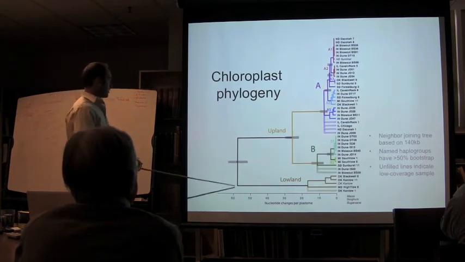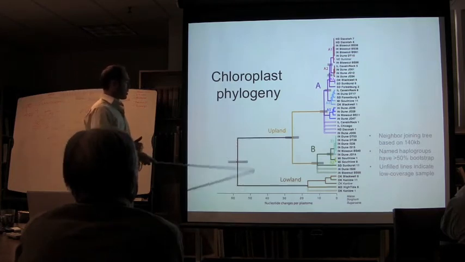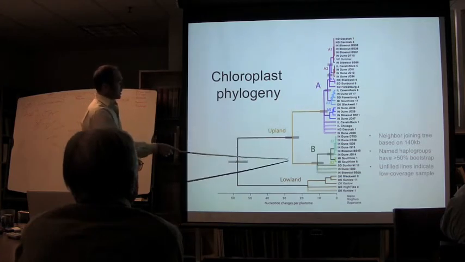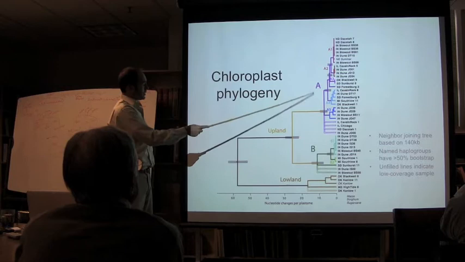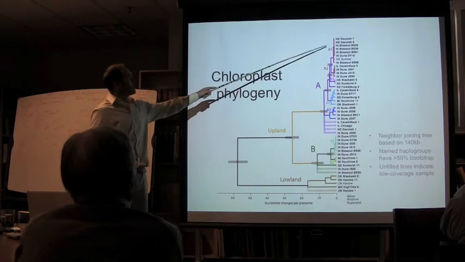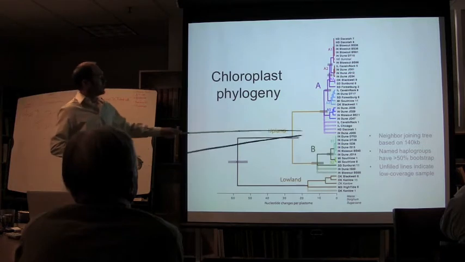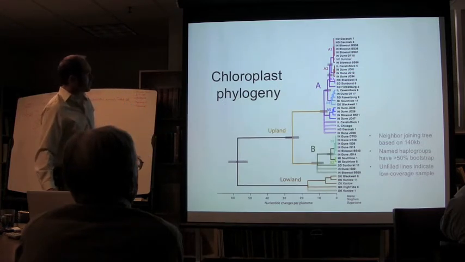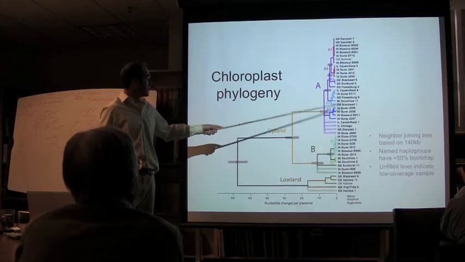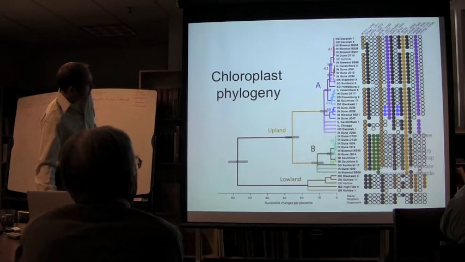And that's variation that predates the Pleistocene really and goes back farther than the two subspecies of indica and japonica rice. We also identified this new deep split within the upland group. We have labeled here A and B, and this turns out to be quite old. And then there's lots of sub-chloroplast haplotypes that also come out in this clade that could be used to discern more fine-scale variation. And notice that there's a few plants from the dunes in both of these A and B deep groups here, which is pretty interesting. That's the phylogeny confirmed with the indels.